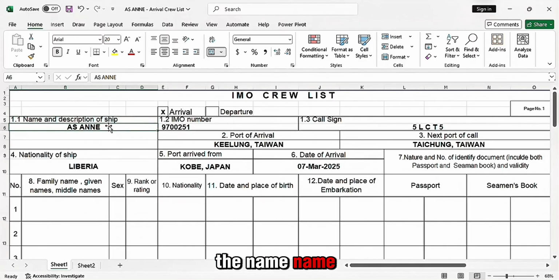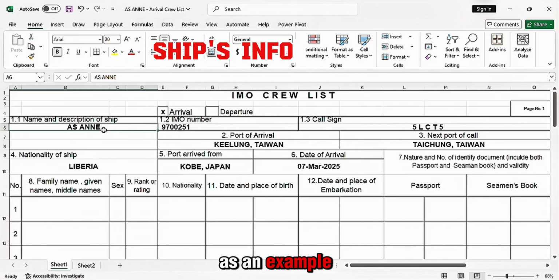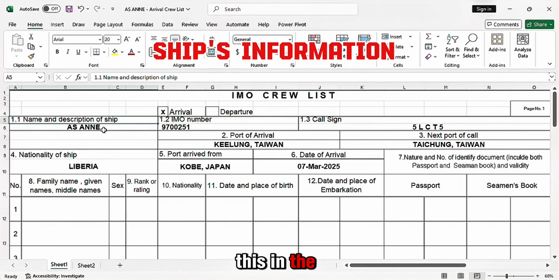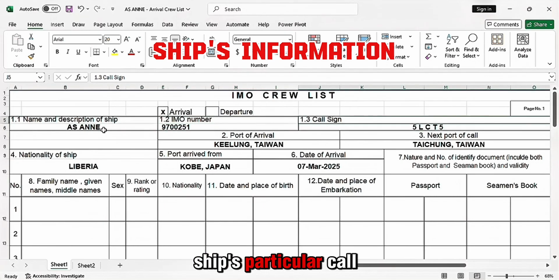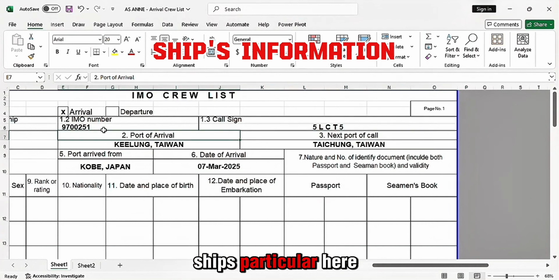The name of the ship in this example is ASN. I use ASN as an example, and as you can see, the IMO number is information you will find in the ship's particulars. Call sign 5 Lima Charlie Tango 5, also found in the ship's particulars.